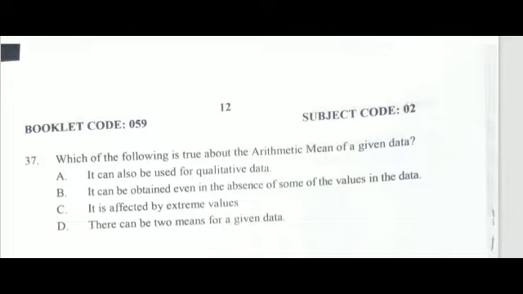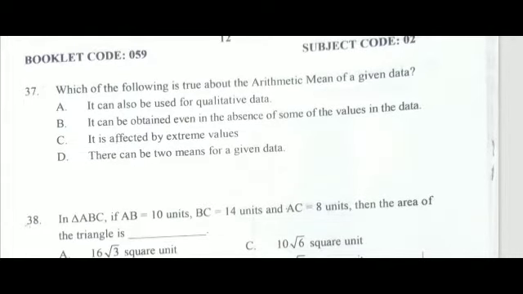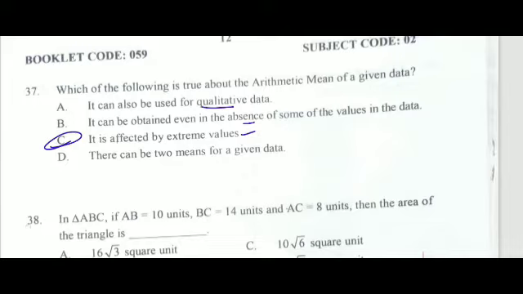Question 37. Which of the following is true about the arithmetic mean of the given data? A, it can also be used for quantitative data. It obtained even in the absence of some of the values in data absent ከሆነ ማግኘት አንችልም። Then B, it is affected by extreme value. ስለዚህ C ላይ extreme value affected መደረግ ይችላል።